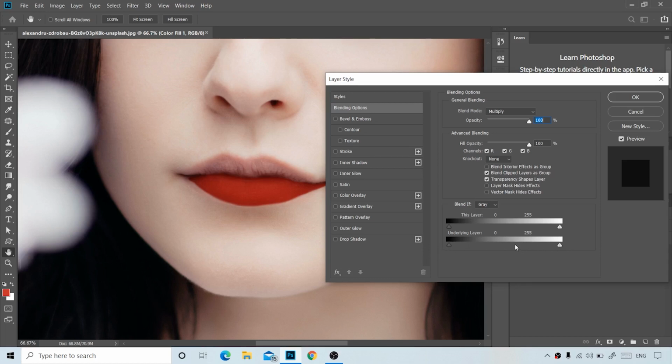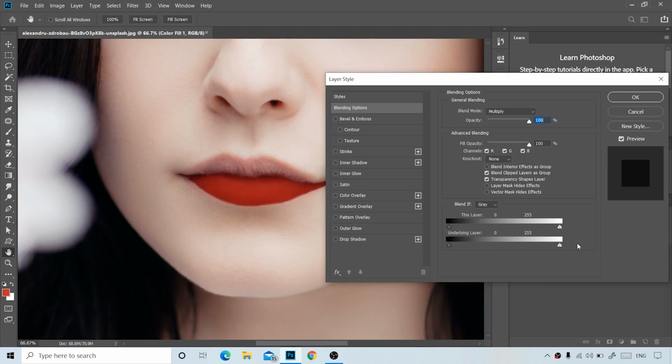The distance between these two sliders is the range of the color. This represents all the darker pixels, this represents the gray pixels, and this the brighter pixels, or you can say the mid tones. So where do we want this effect? Now this effect is over the whole image, so this range covers the whole area. What we have to do now is limit it to the darker area of the lips.